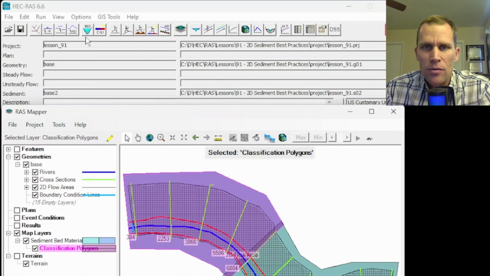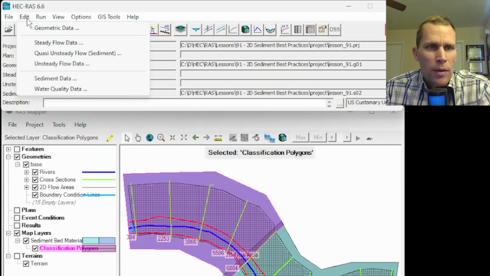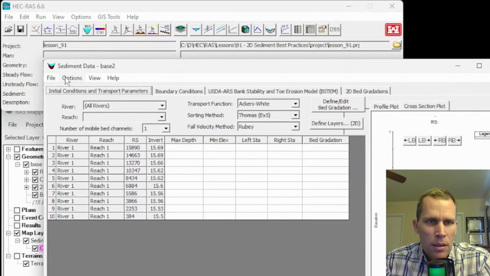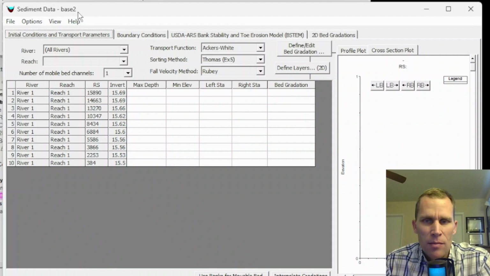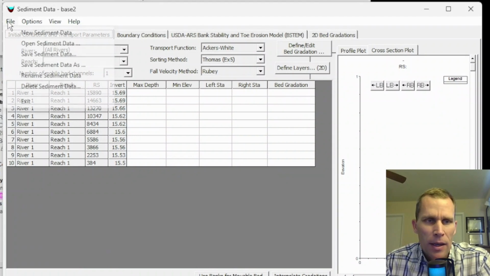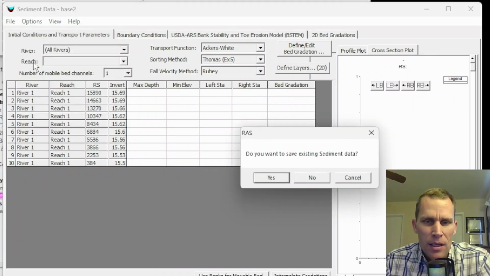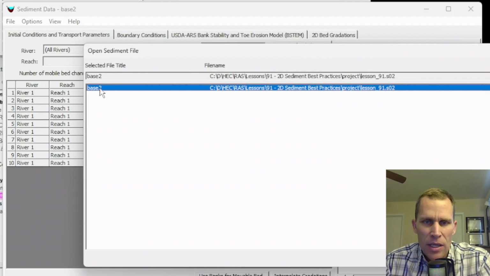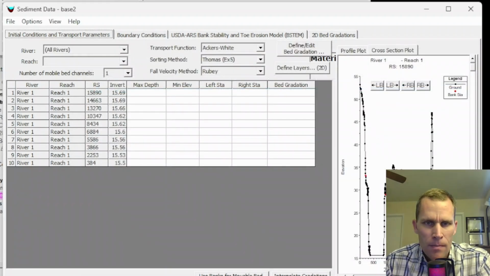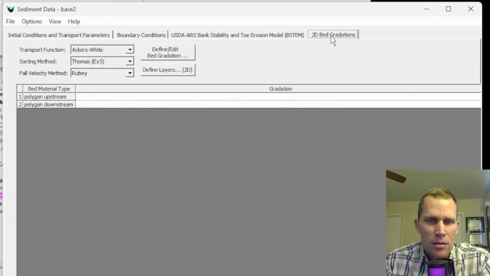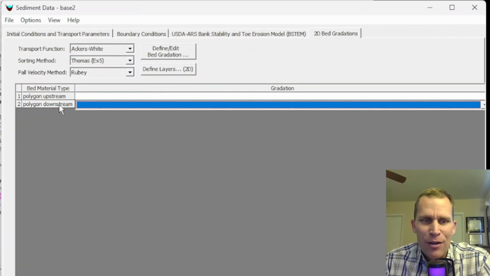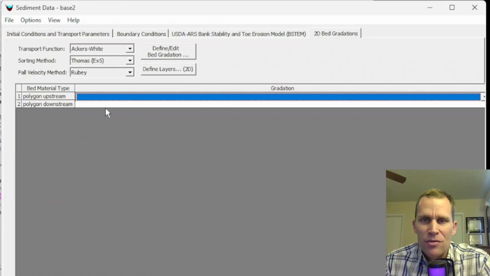Let's go back to the sediment data editor. So edit sediment data. Looks like I already have my base 2 sediment that's already loaded up here. If I don't, I could just go file, open sediment data, and then click on base 2 and then OK. All right, so let's click on that fourth and final tab here, the 2D bed gradation. Now you can see in this table, we have the upstream polygon and downstream polygon